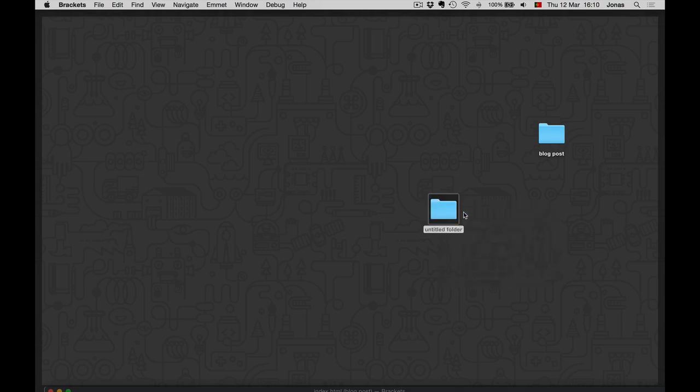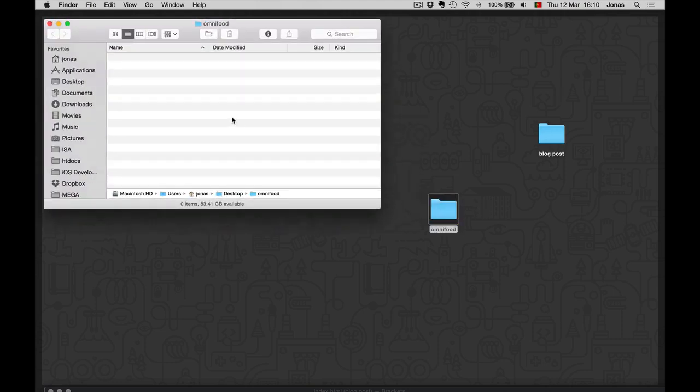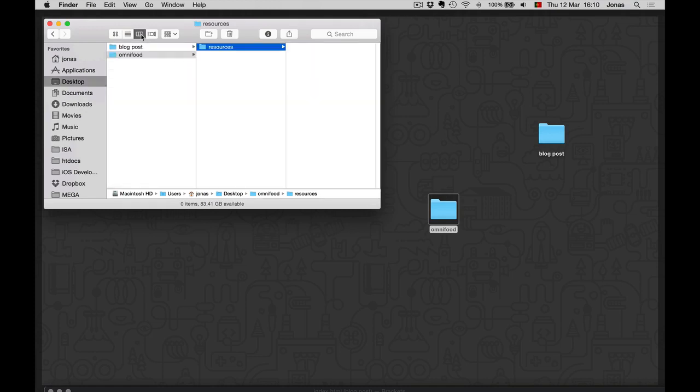So I'll start by creating here a new folder and I will call this OmniFood. Alright. So now inside of this I'll create a first folder called resources. And inside of that folder, let me show you like this. Okay, inside of the resources folder,